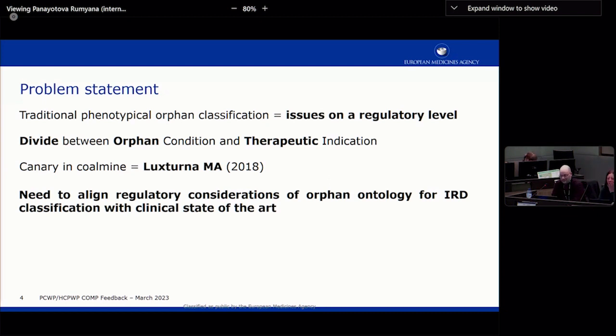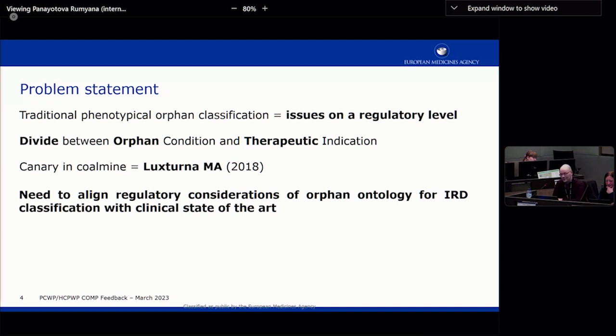Now, the problem there is that when it comes to IRDs, our knowledge keeps growing and growing every day. And we now, for example, know that one of the diseases caused by RPE65 mutations is also retinitis pigmentosa with choroidal involvement. Now, despite that it is called retinitis pigmentosa, you can make a very strong argument that it is actually a chorioretinal dystrophy, which is very distinct from typical retinitis pigmentosa.